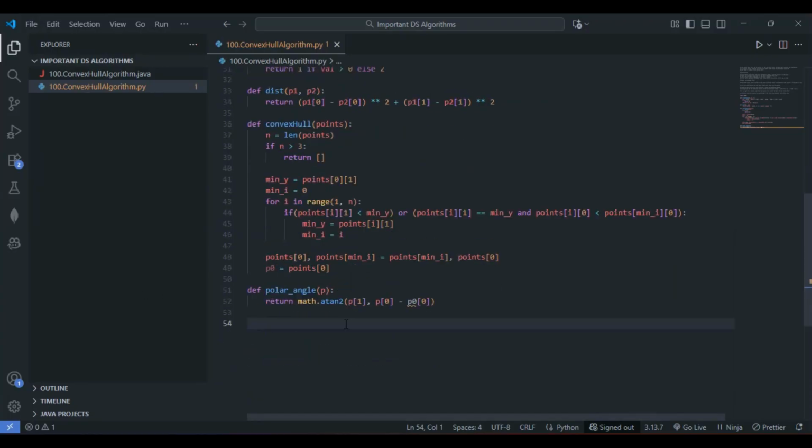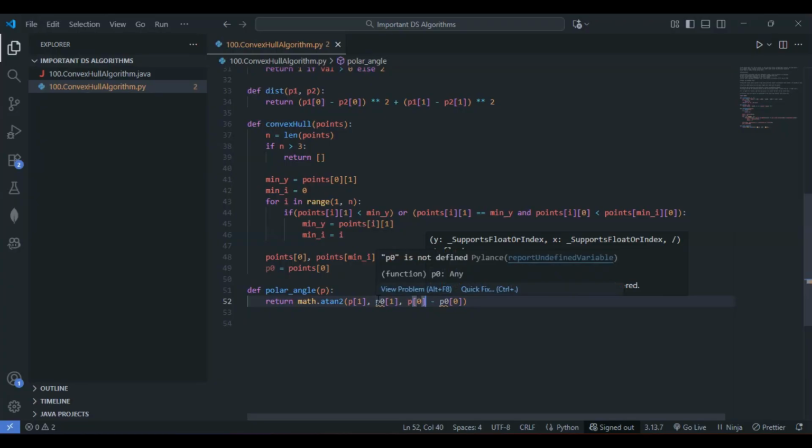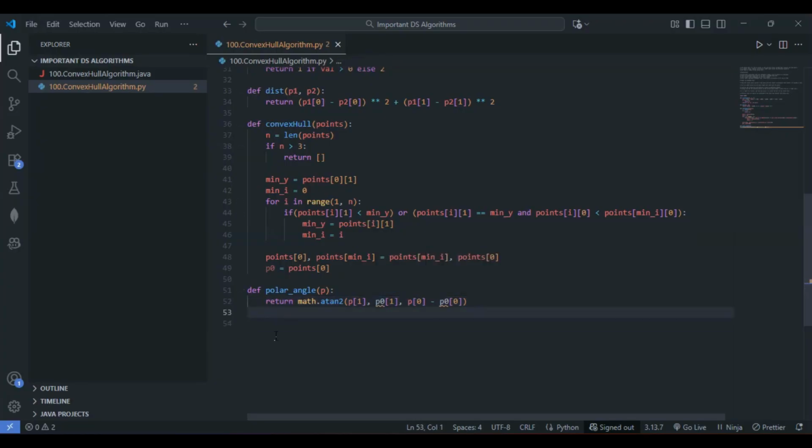So we are just going with P of 1 minus P0 of 1. Oh, sorry. I'll just go with P0 of 1 here, P0 of 1, P of 0 minus P0 of 0. This one again is showing not defined. So do we need to